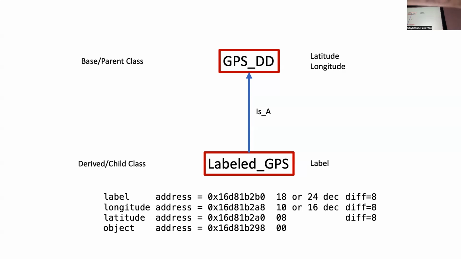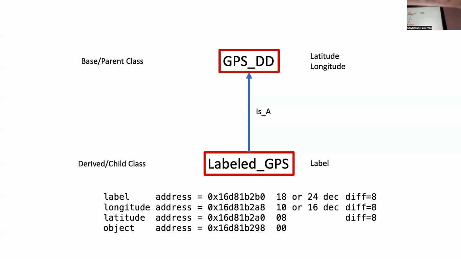You probably don't appreciate why I asked you to calculate the offset. The offset is very important. I will show you later. Okay. All right. Any question in this figure? Yeah. Why does it say 10 or 16 or 18 or 24? Oh, I just want to use hexadecimal and decimal. So 18 is hexadecimal, 24 decimal. Okay. Yeah.